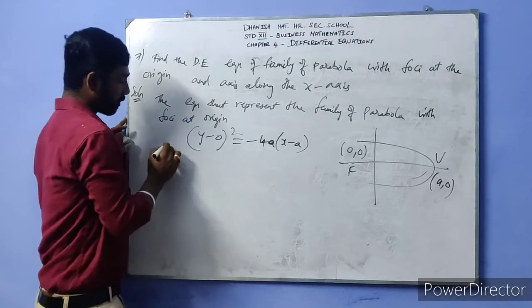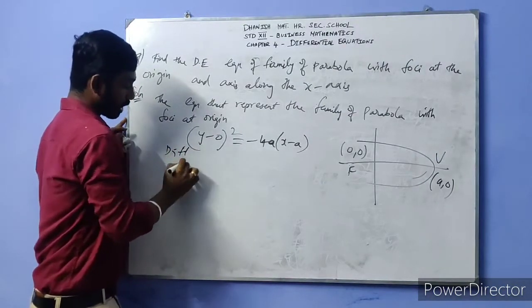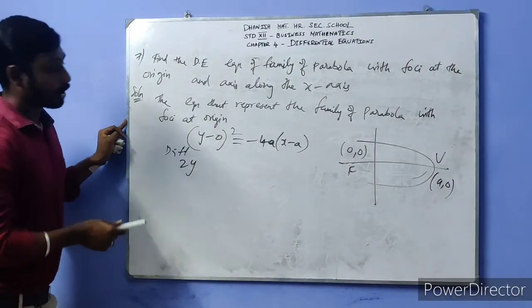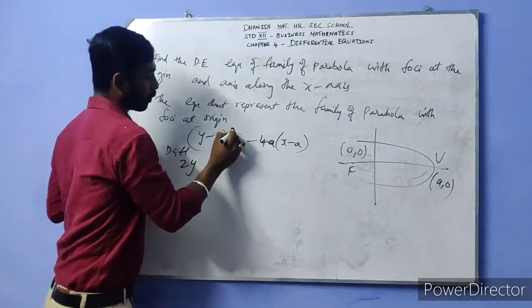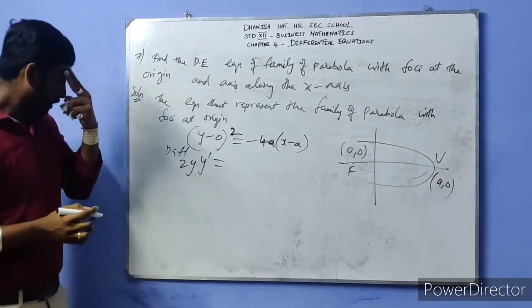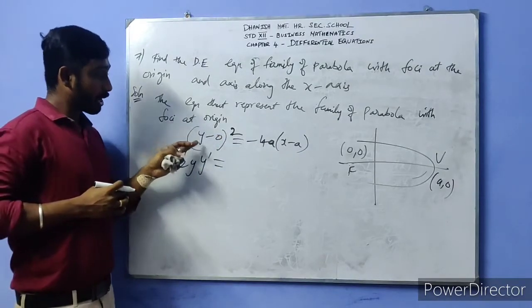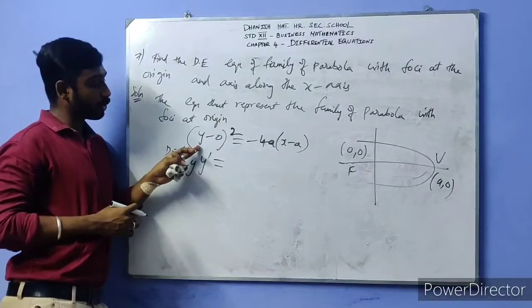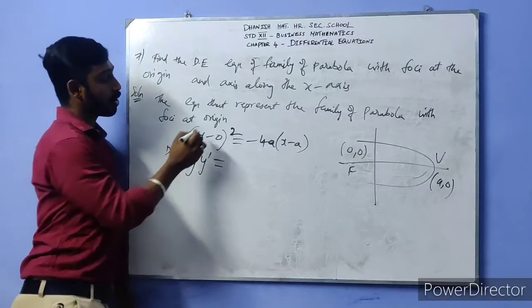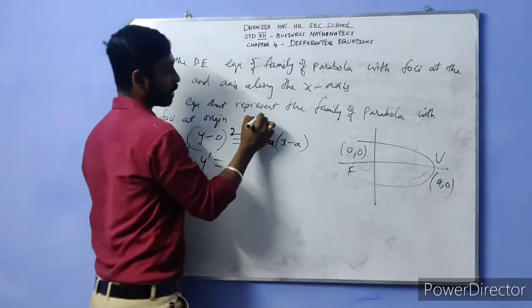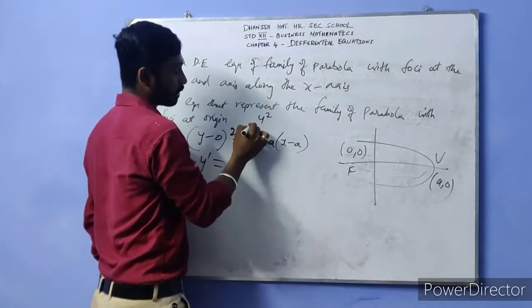So now we are going to differentiate this. Here we get 2y, and then y dash, because we are differentiating with respect to x. In case we have y square plus 0, a minus b the whole square format, here itself we have only y here. So here we differentiate this.